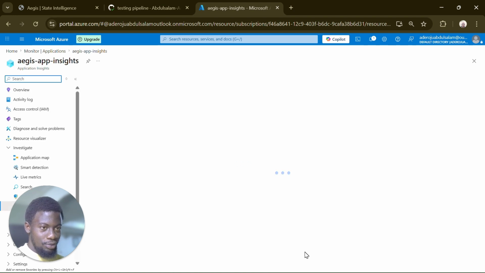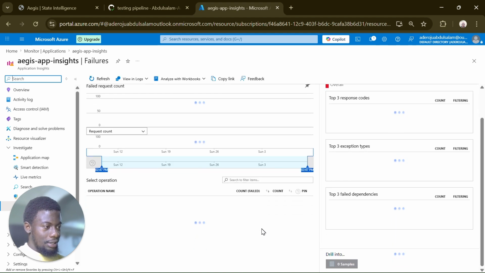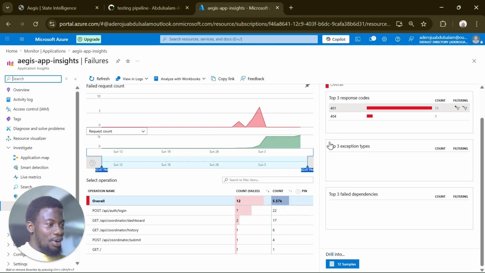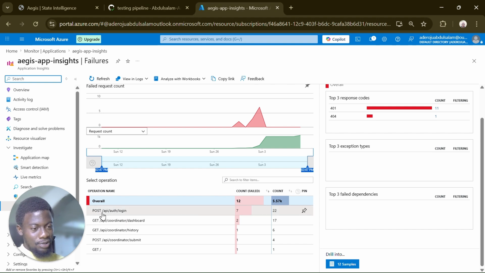So we can see the failed requests. It basically tells us the top three response codes for cases where things failed. This is 401 unauthorized, an error showing the user wasn't authorized to use the application. So this possibly happened in cases where a user was trying to log into the application using a wrong password or wrong email address. It can tell us